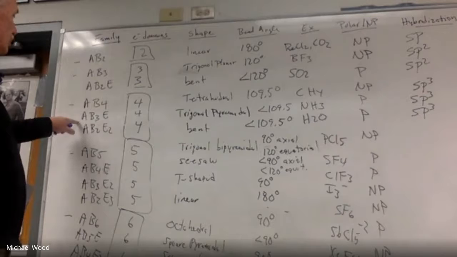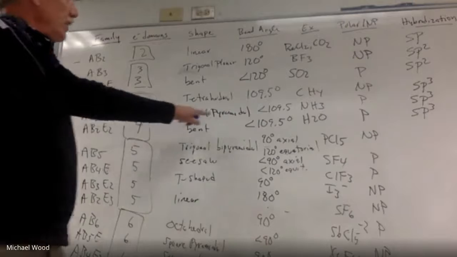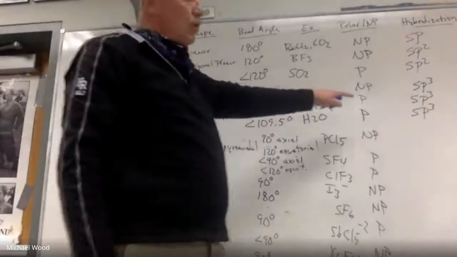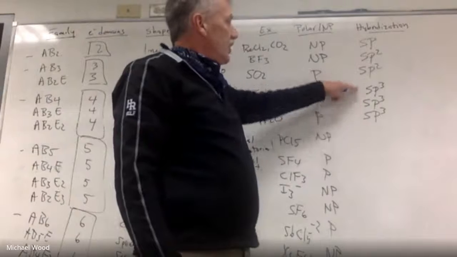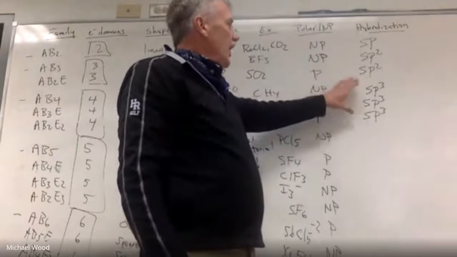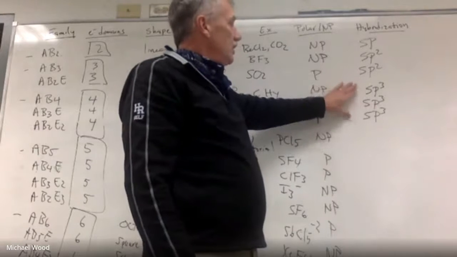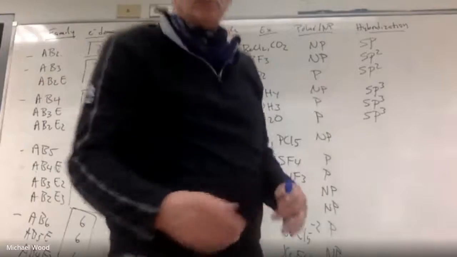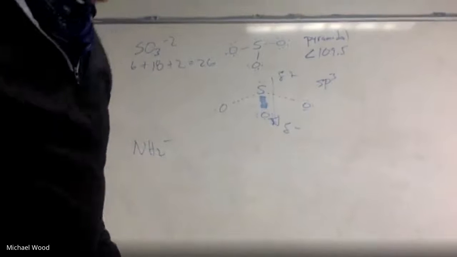So what we were doing was this one, AB3E, again, the 4 electron domain family. This is the pyramid, less than 109.5. It is polar. And David, this is where you'll see this in the video that I made yesterday. They're grouped. Their hybridization, again, I explained this, is sp3. So that's sp3 hybridization. Okay. And if there's something you can't see, if you have a question, if I'm going too fast, let me know.